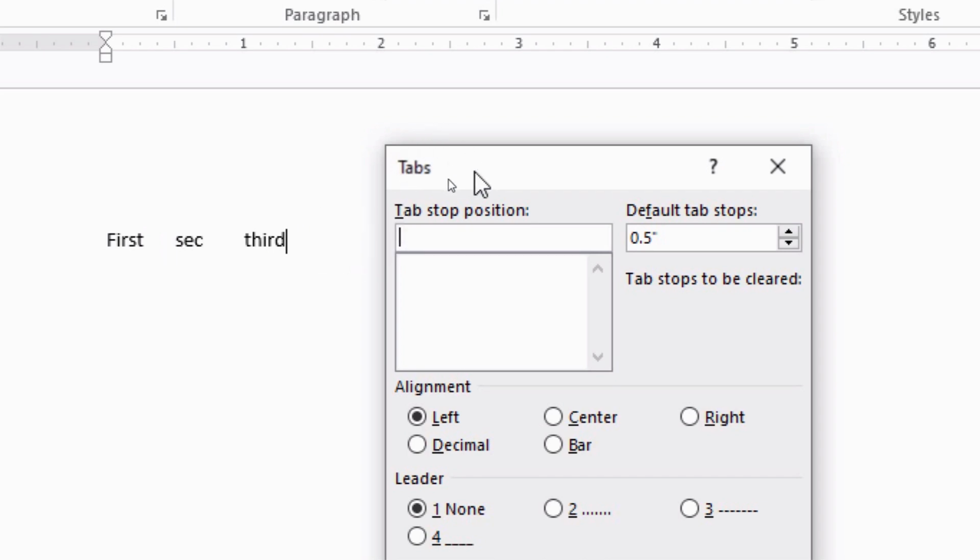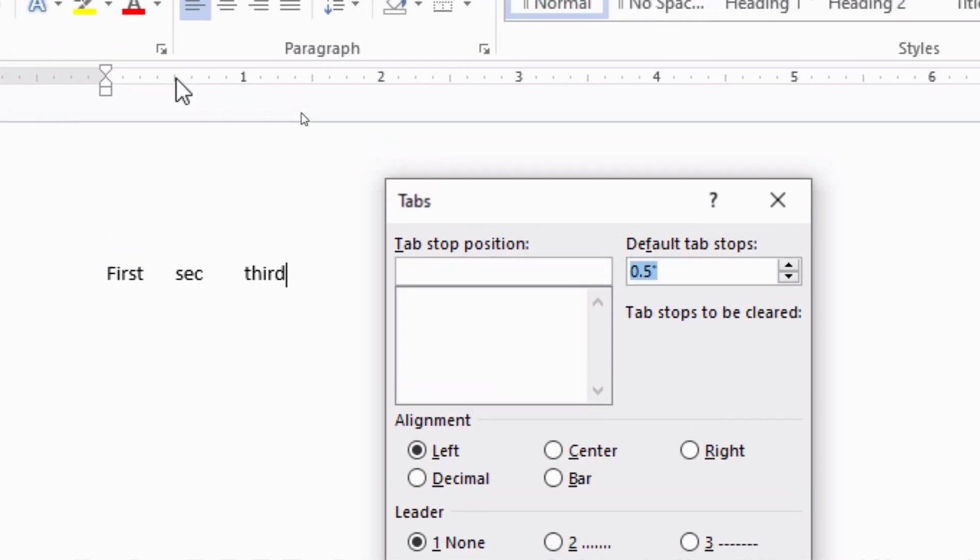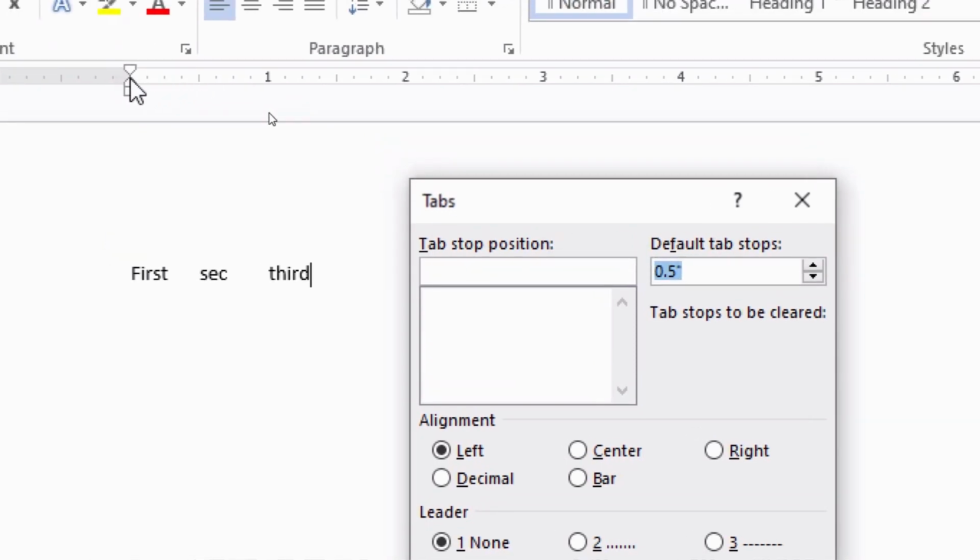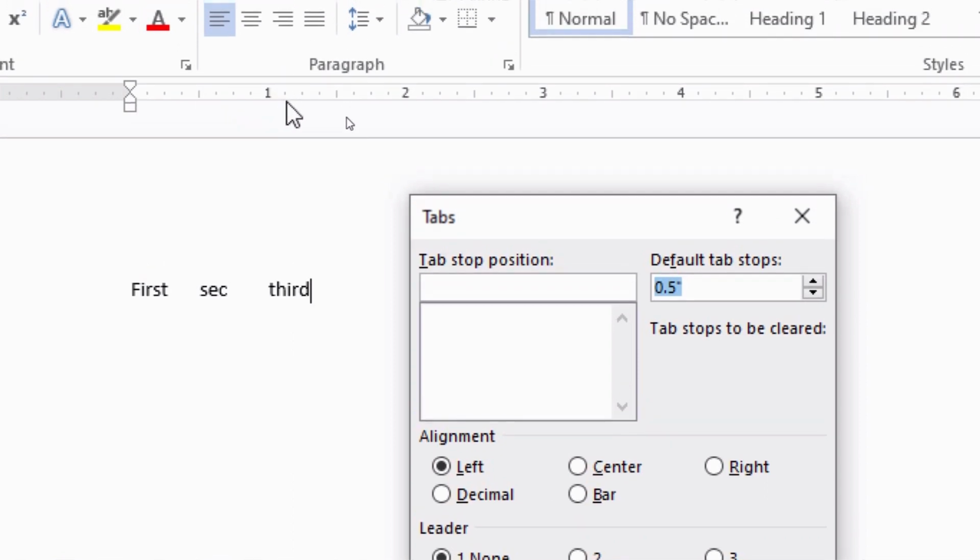But when we define tab stops over here, we can specify different values for each tab stop. See how to do it. My first tab stop is at 0.5 inch. How to measure this 0.5 inch? You have to see the ruler line. Whenever you press a tab key, it is going to jump 0.5 inch.